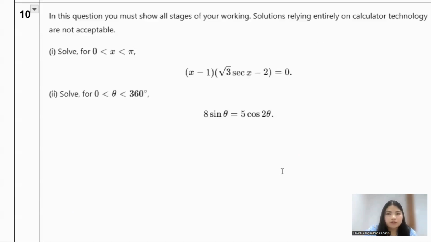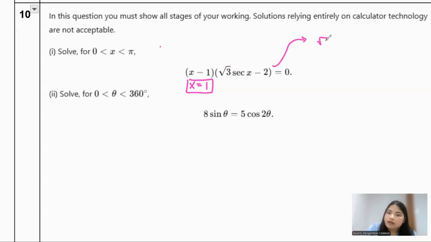Okay, now let's go with number 10, wherein we're going to solve once again your trigonometric equation. So for the first one, it's actually easy because it's already factorized, so you don't need to really factor it. So you're just going to look at this one, which is x minus 1. The solution there will be the reverse, which is x is equal to 1. But the problem goes in this one, like how can I tell what is the value of x there? So you need to solve it.